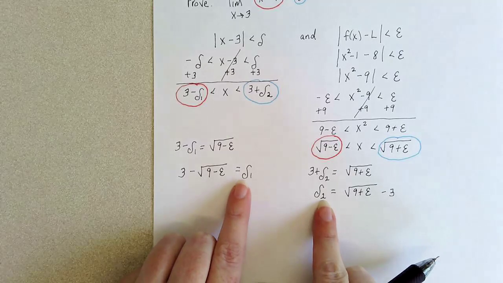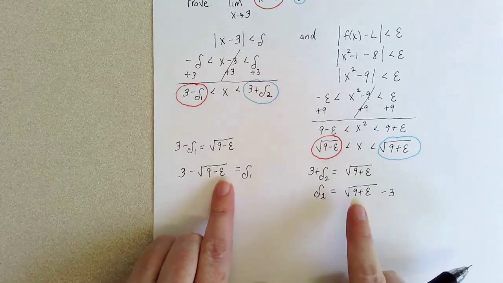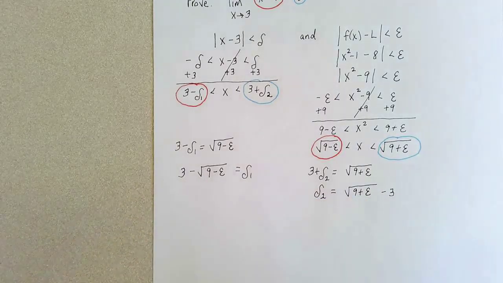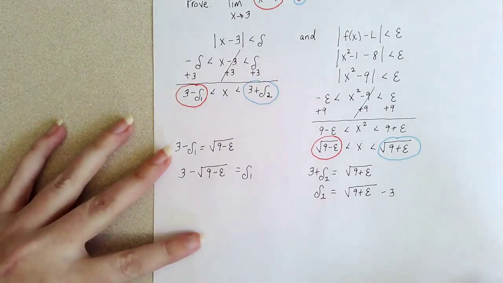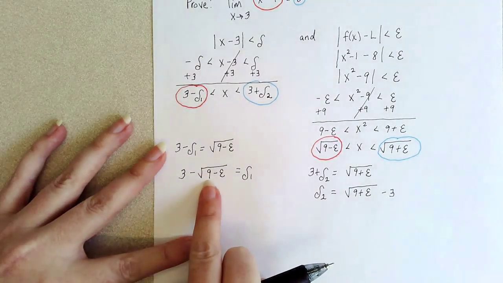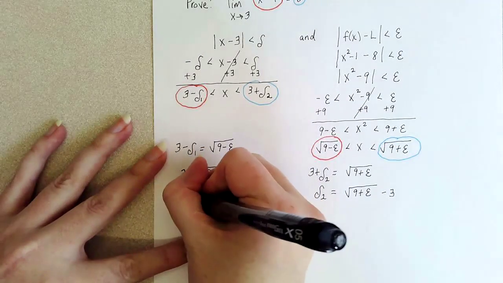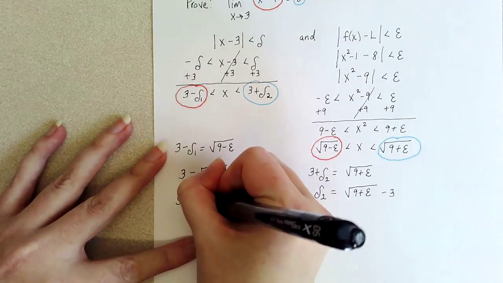And so to figure out which one is smaller, if I don't have a graph to look at, if I just choose a value to plug in for epsilon, that's going to let me choose which of these two is smaller. And so my epsilon has to be a positive number. And I'm going to try and make it a little convenient on myself in a way that will make one of these square roots kind of nice. So if this was a square root of 4, that would be nice. So if I let epsilon equal 5,